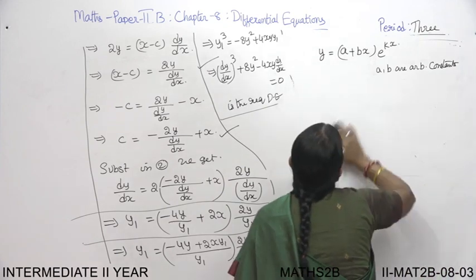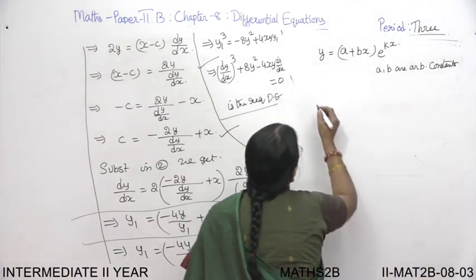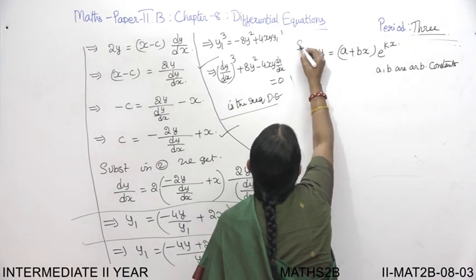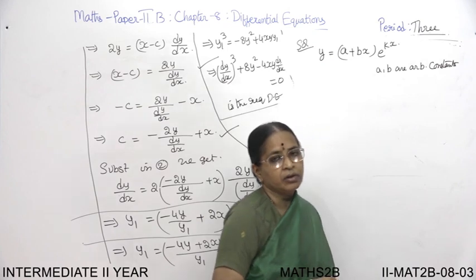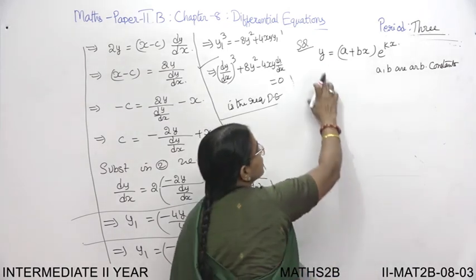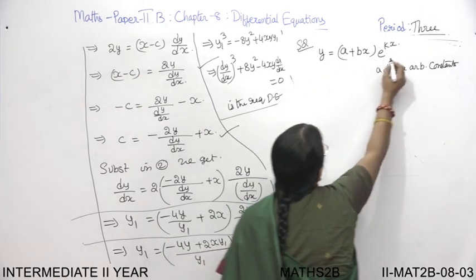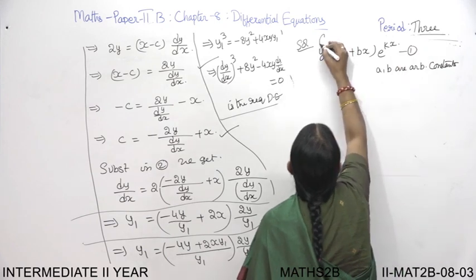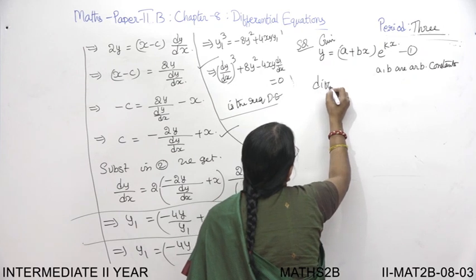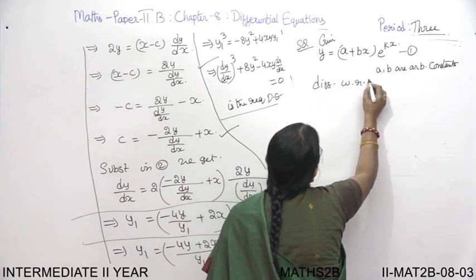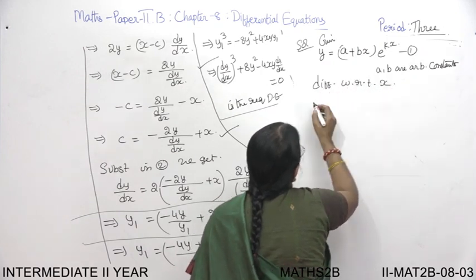So what you do is here in the solution, I'll directly write the solution. The question is form the differential equation. Form the differential equation for which this is the solution. So you are given y. This we take as y given. Now, because there are two constants, we'll differentiate. Differentiating with respect to x, you must differentiate two times.